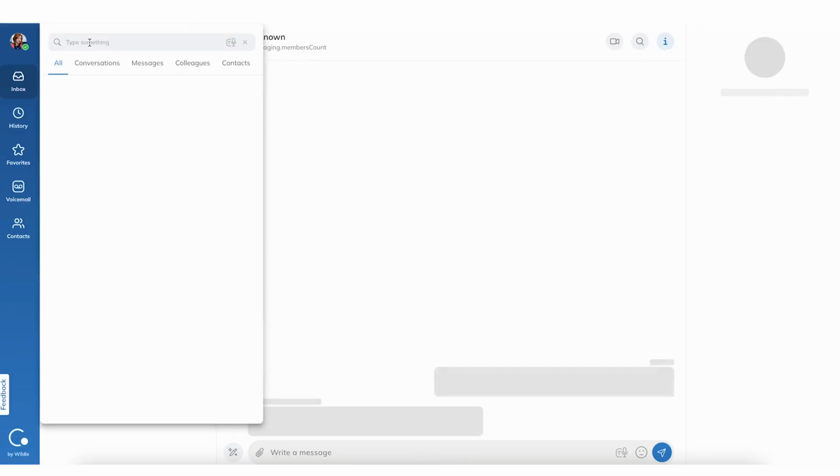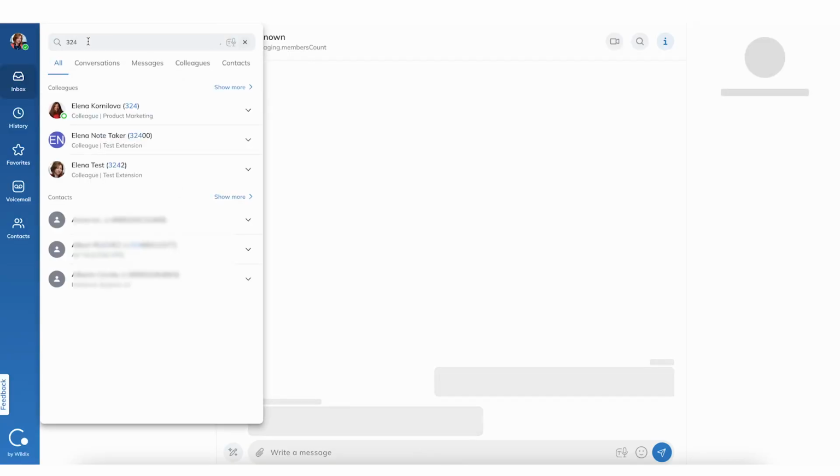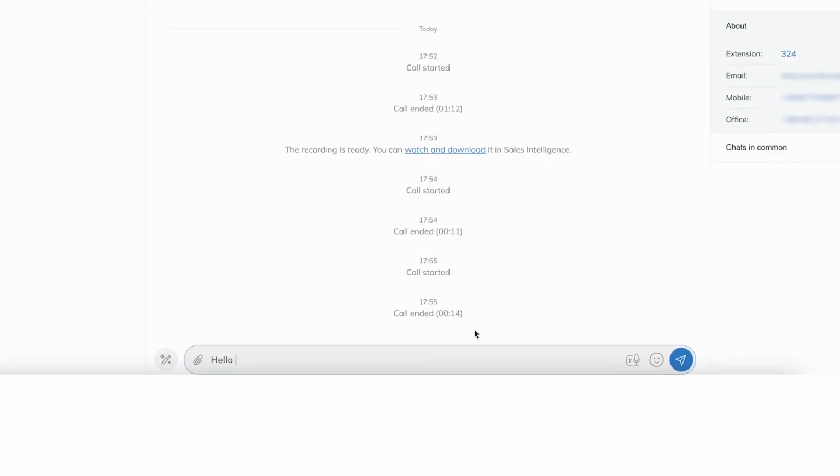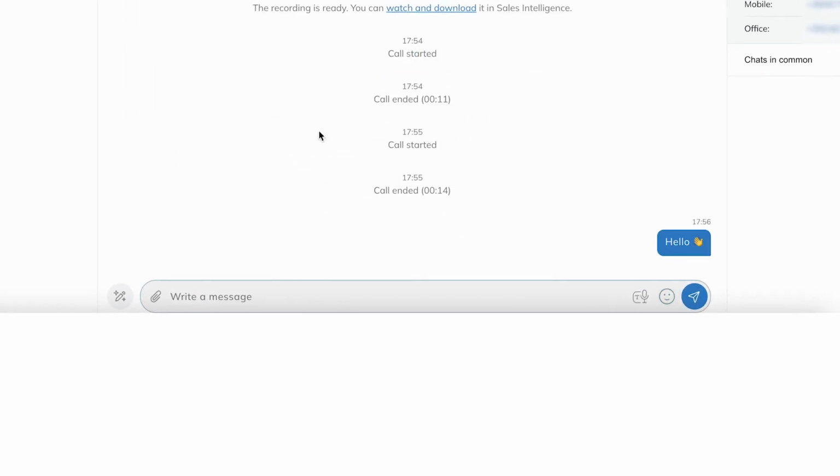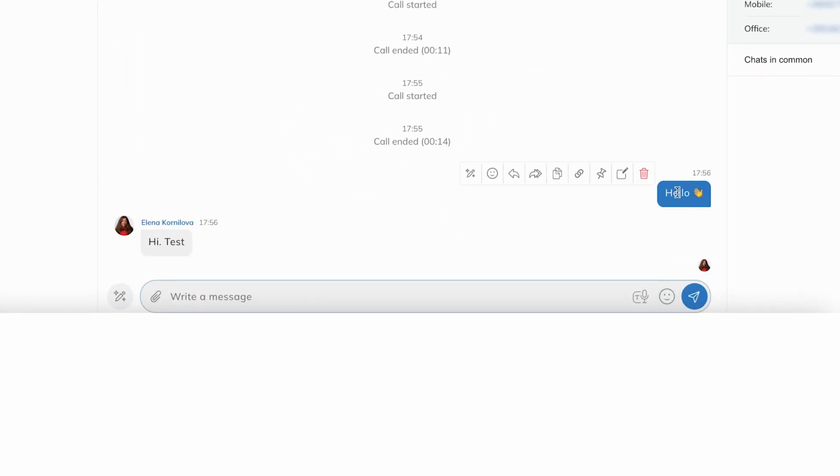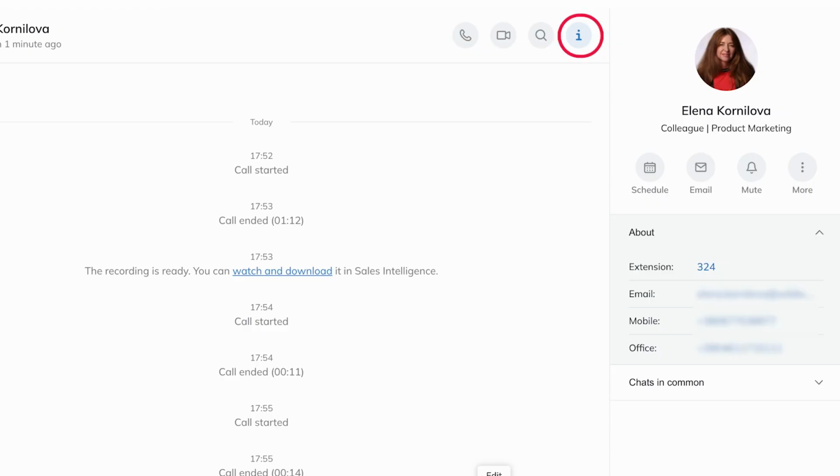Now it's time to send your first message. Use the search field and type a colleague's name. Click the result to open a one-on-one conversation. Send a quick message. Click the info icon in the upper right corner of the conversation to open the info